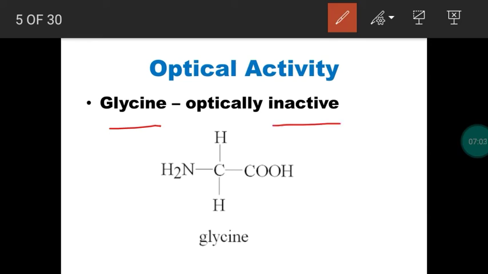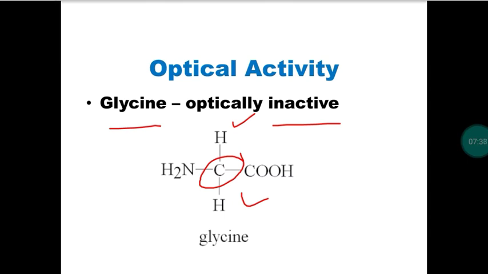This is the only amino acid which is optically inactive because it does not have a chiral carbon, because the carbon is bonded with the same type of atom, 2 hydrogen atoms. So carbon has to be bonded with 4 different atoms or groups, then only it will be chiral or asymmetric carbon. So glycine, the simplest amino acid, does not have the asymmetric or chiral carbon, so it is optically inactive in nature. Except this amino acid, the remaining amino acids are optically active in nature, so they will rotate plane polarized light in clockwise as well as anti-clockwise direction.